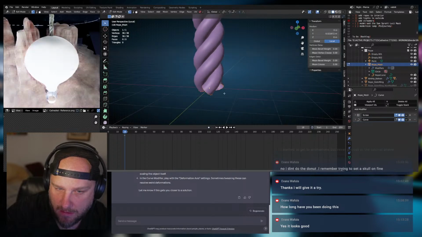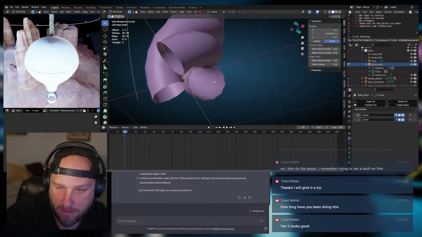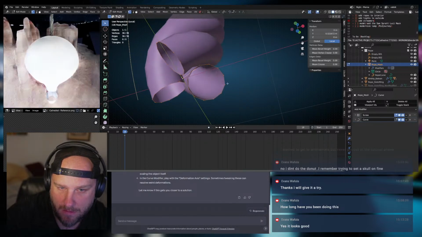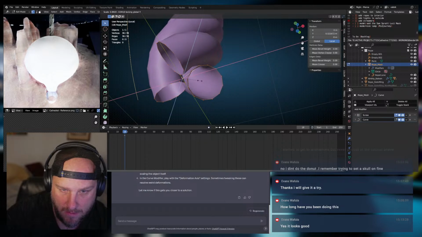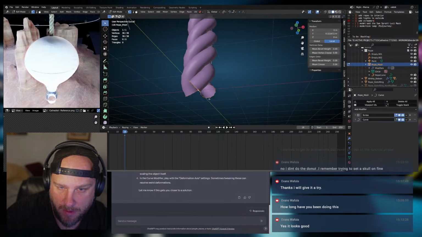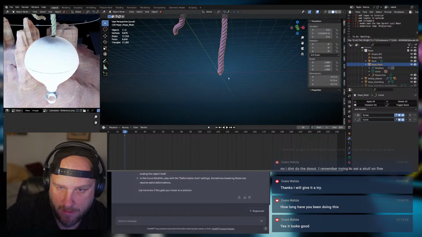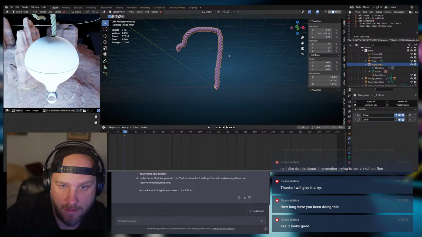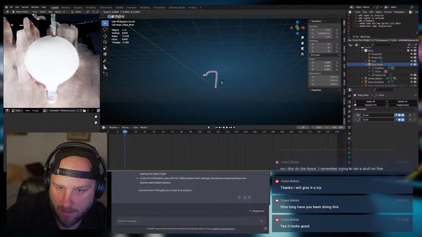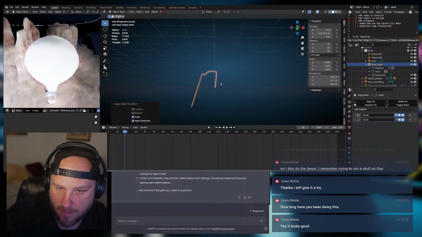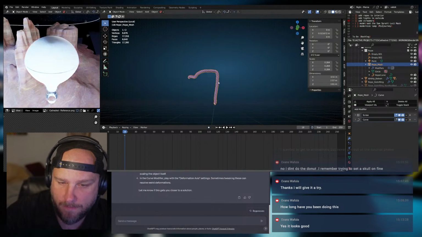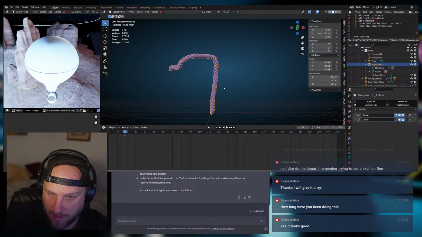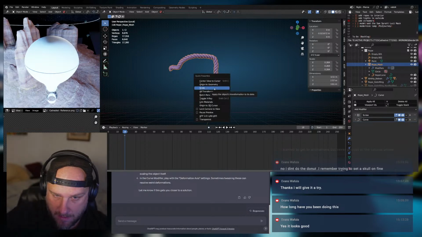That's fine. But we want to change the overall. Just think about what's happening here. So if we bring the scale down and we apply the scale,